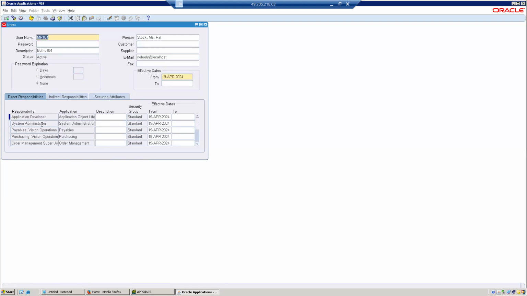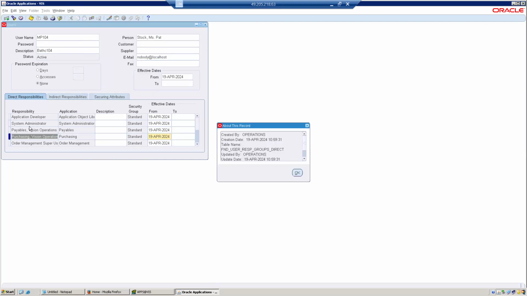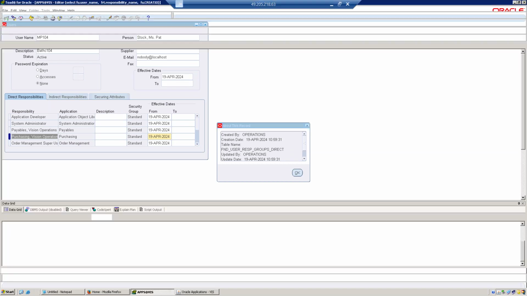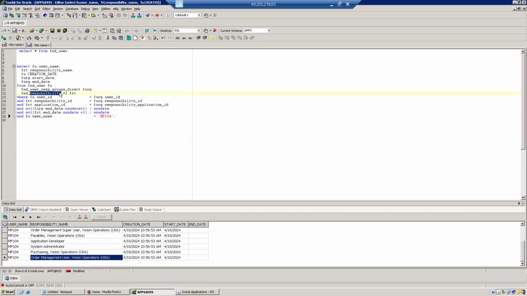Okay. I can see here the status, and per year I can see these setups, and you can see help, diagnostic, examine, as well as the record history. You can see here the record history name, this is the table. So we can do joins. Okay. So as I have given the joins, this is the table, and I have given the responsibility. We can give the responsibility ID name as a